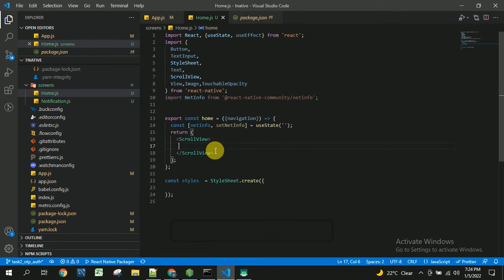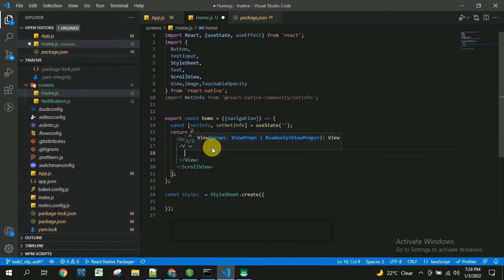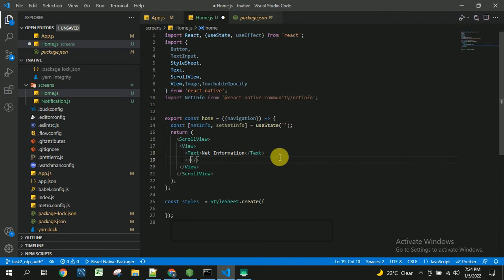Now let us create a View. Inside this view, I want to have a text and a button. After this text, I will take a Button from React Native with onPress.